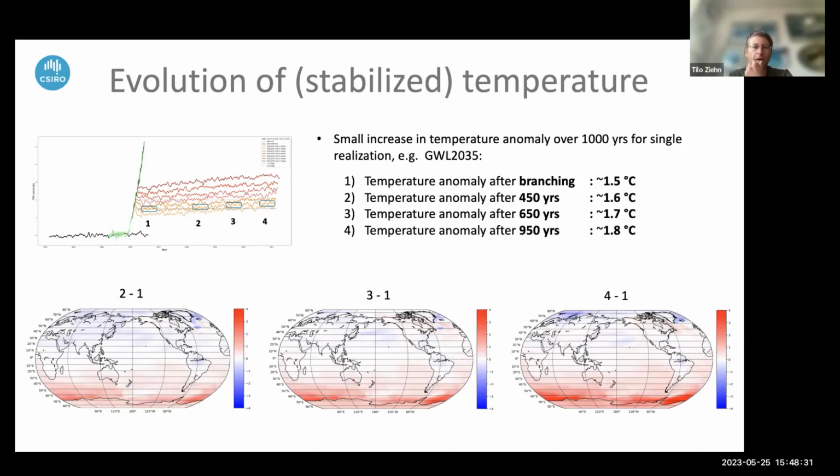And overall, you can see that this increase in global temperature is mainly coming from an increase in temperature over the Southern Ocean. So once atmospheric CO2 concentrations are high enough and maintained long enough to start the warming over the Southern Ocean, then it will continue to warm and affect the global climate. And as you can see, this cannot be stopped by net zero emissions. You would probably then require ongoing negative emissions.